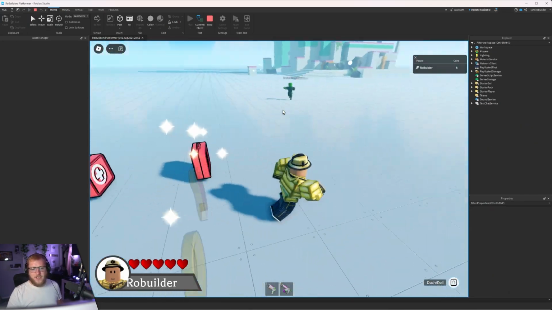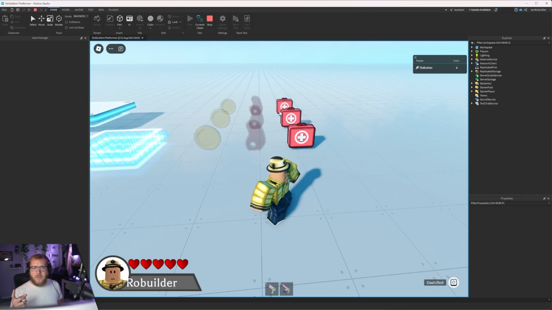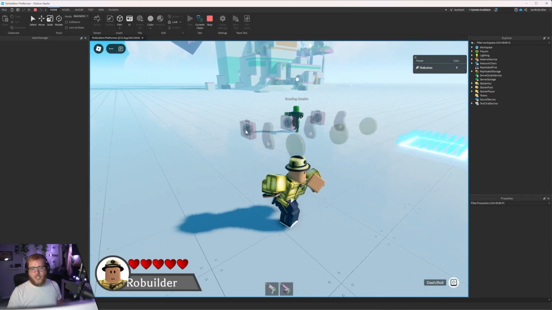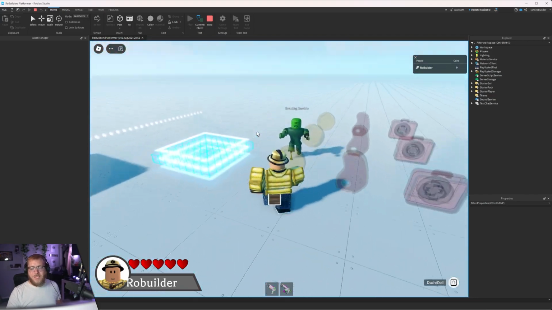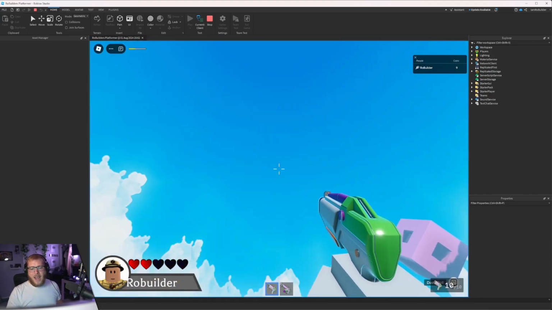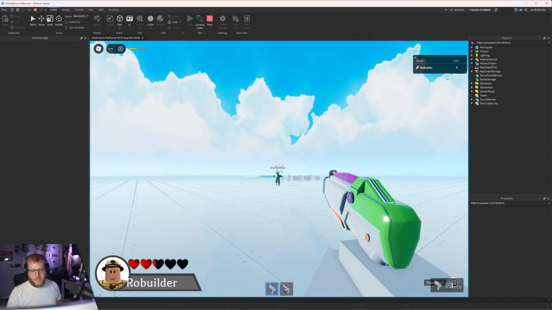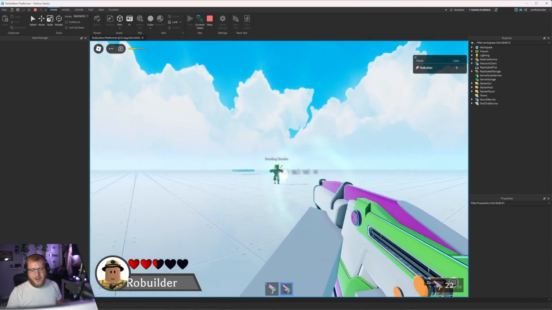Here is our stakes, which I just noticed still give us coins. I'm gonna have to get that fixed. But we can pick everything up, which is very, very nice. And the zombie can damage us. Right now, we're working on the guns. I think Robo actually got it done already. I thought he was still working on it, but it works.